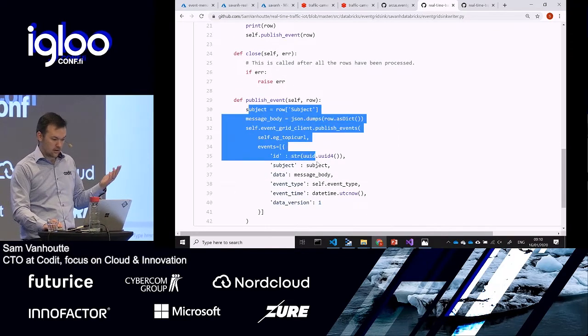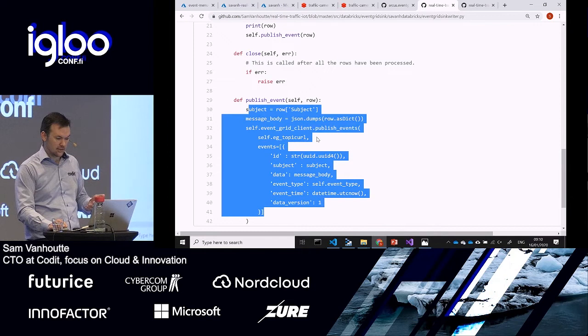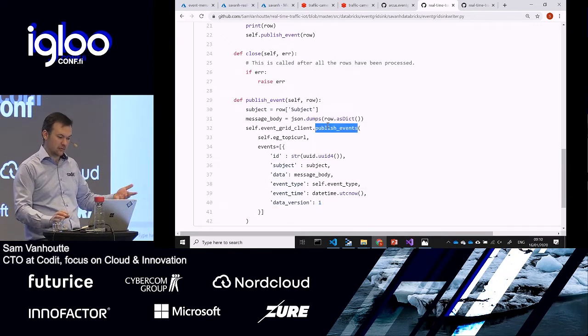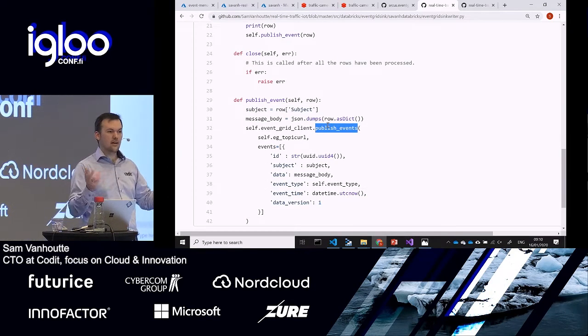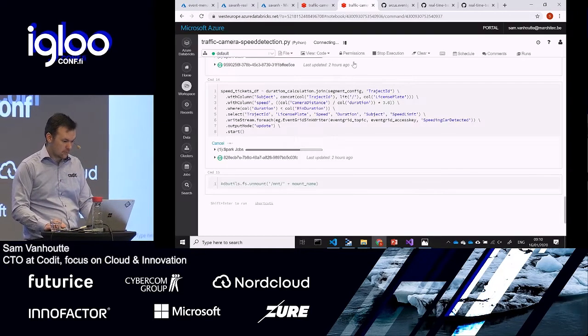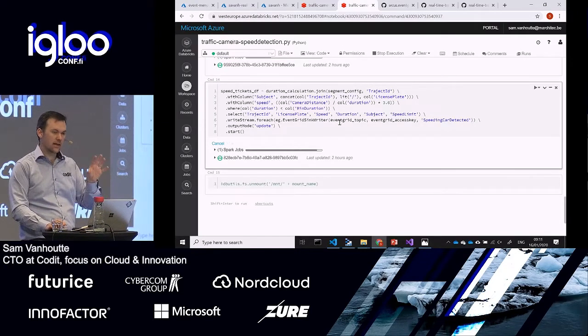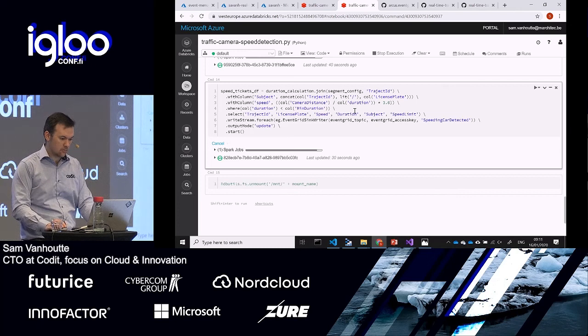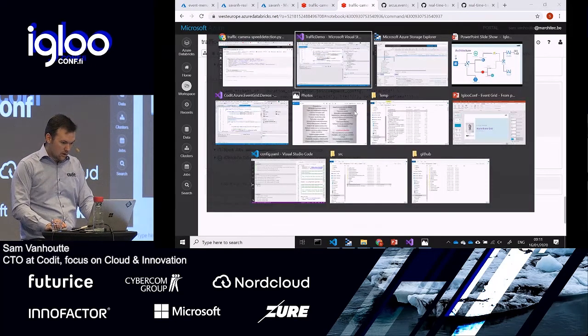So you specify the same things, and the only thing that you have to do is publish these events with the topic URL. And that's how things go. Okay? So that's what I do from this notebook. Again, all of that code is available on that GitHub if you want to play with real-time data streaming and so on. Okay?